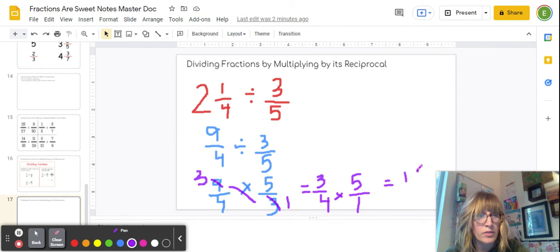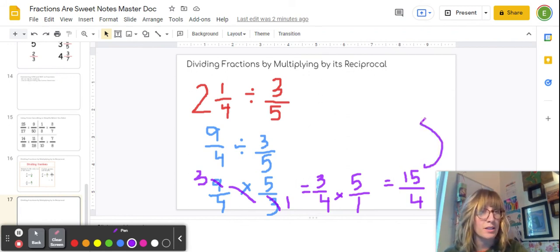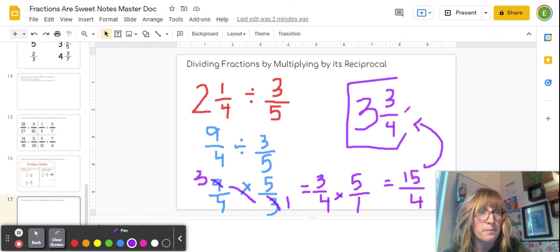And then we end up with 3 times 5 is 15, and 4 times 1 is 4. And we need to then convert it back to simplify it. We need to convert it back to a mixed number. So 15 divided by 4. Well, how many whole 4s can we pull out of 15? 4, 8, 12, 16 is too much. So 3 wholes, which is 12, 13, 14, 15, with 3 left over out of 4. So when we take 2 1/4 and we divide it by 3/5, we're going to end up with 3